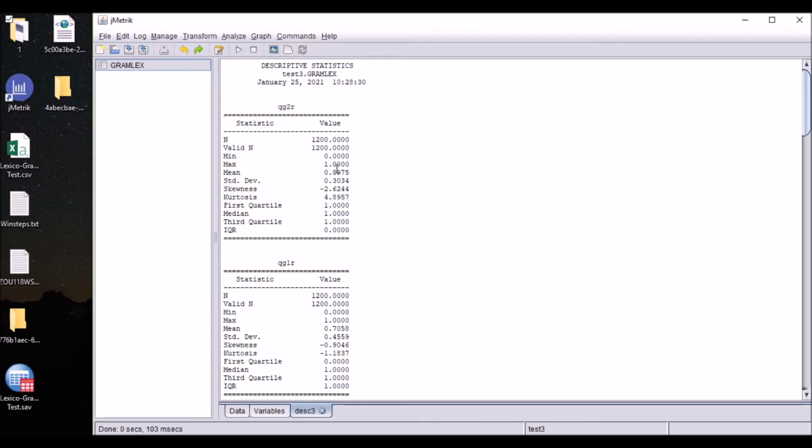And there we are. So we are provided with a number of statistics like the number of cases and the number of valid cases. My data includes 1,200 test takers' data. The minimum of item 2, that's grammar 2R, is 0, that's correct, and the maximum score is 1. The mean score is 0.8975, which is pretty high, which indicates that this item is pretty easy for these test takers, with a standard deviation of